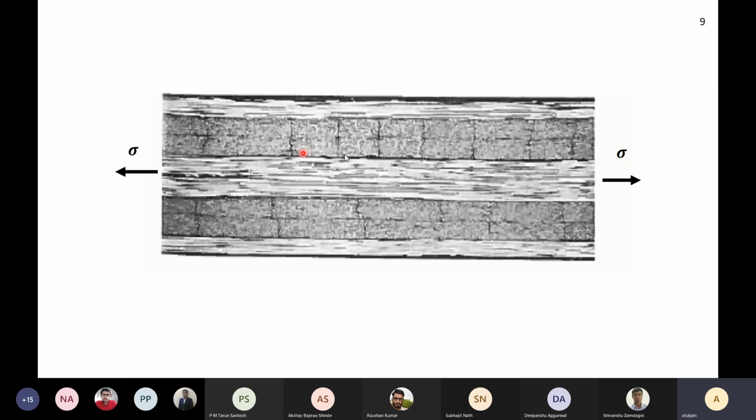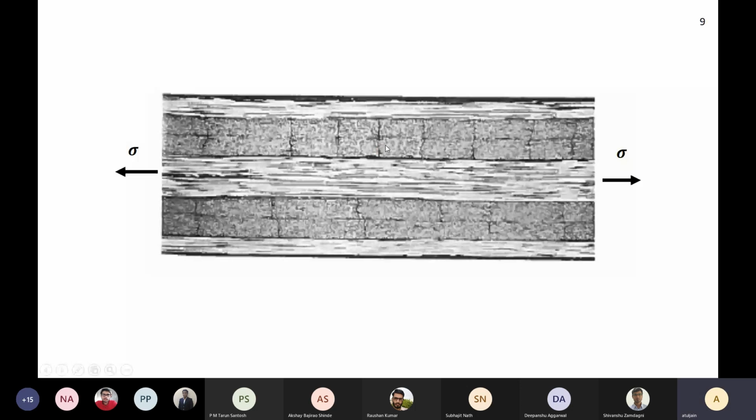So if I have a composite like this and I pull it in the load direction as shown, the 90-degree plies have failed, the 0-degree has not failed, and in any case, the 0-degree plies would be taking more load. Then, how do we analyze something like this? We can easily predict when the first cracks will appear in the 90-degree. But what will happen after that crack? That is also, you can say, progressive damage. So how do we do it?